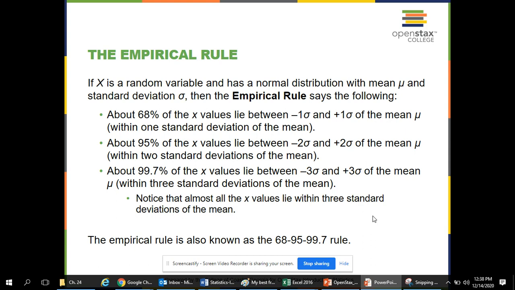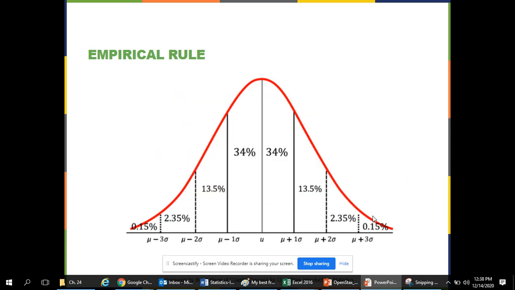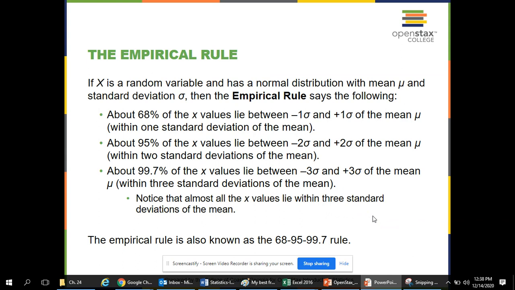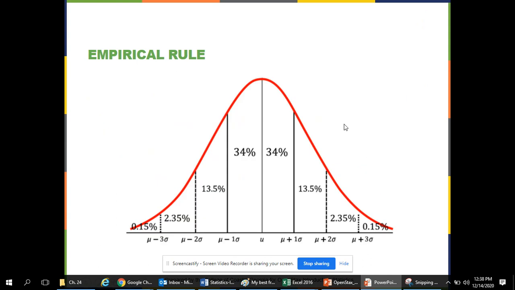And next time we're going to talk about this rule. So a little preview here. And this rule is going to show us the percentages involving our standard deviations. So 68% of the data is between 1 standard deviation to the left and 1 to the right. So let me show that here. So here's the average. So 1 standard deviation to the left, 1 standard deviation to the right, we get 68%